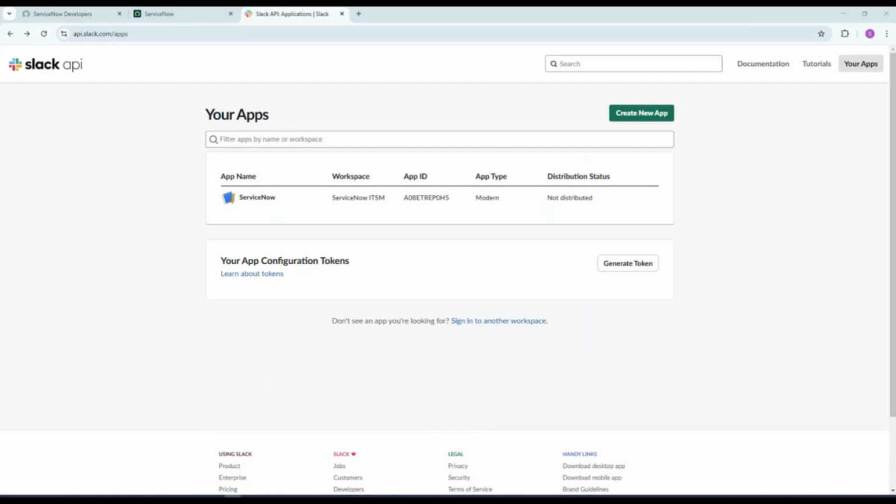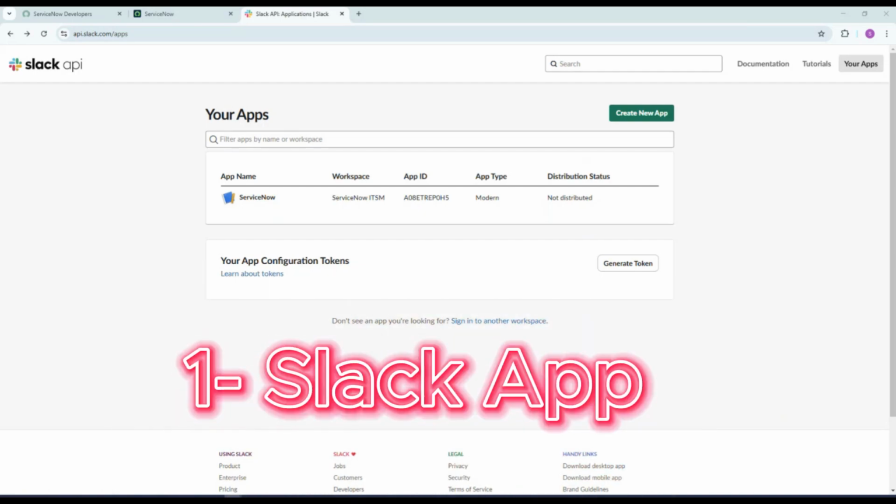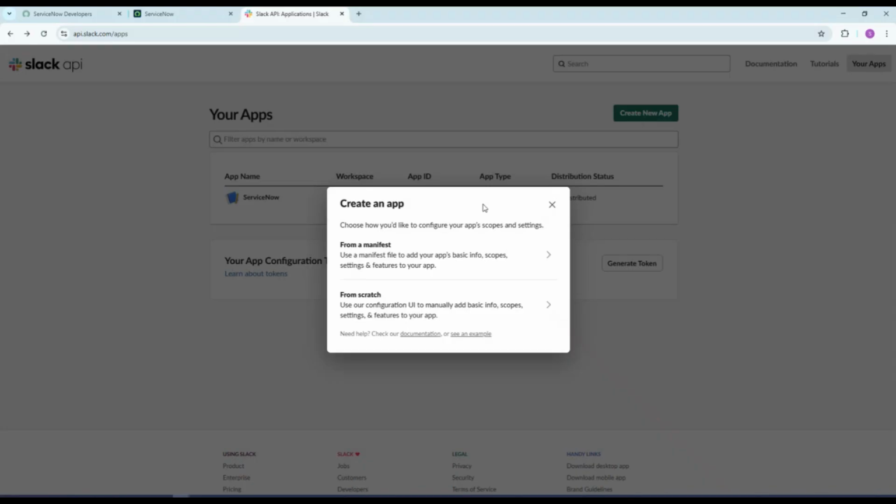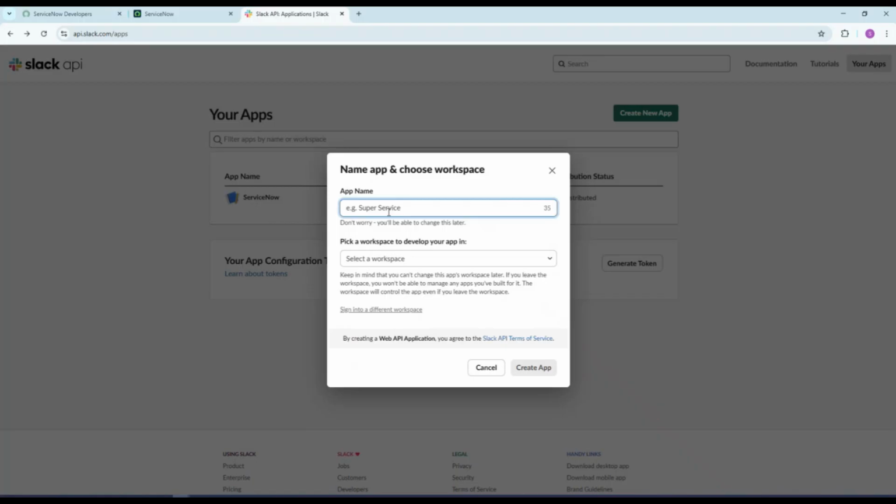So first, we need to create a custom Slack app that will allow us to send and receive messages. As you can see, I have already created a ServiceNow app for my testing purposes, but I'm going to create a new one from scratch. So please go ahead and go to the Slack API website, and this is the URL, and I will paste it in the description box below. Let's create an app from scratch, and let's give the name